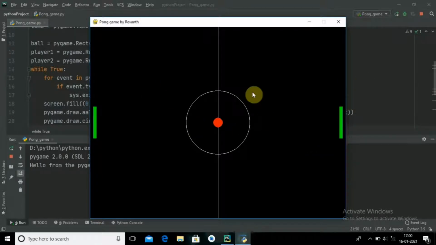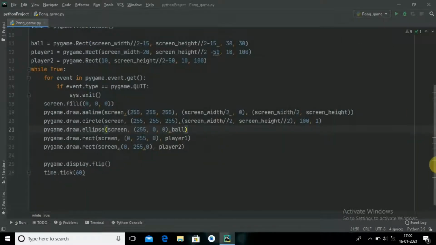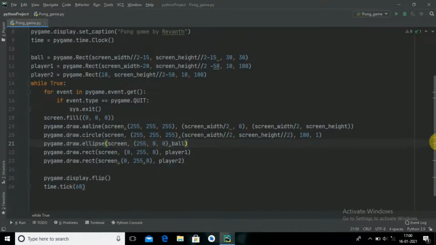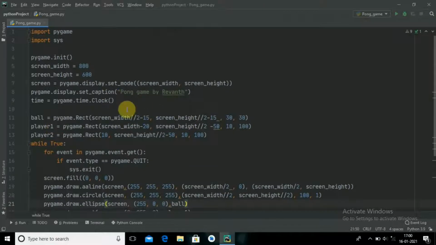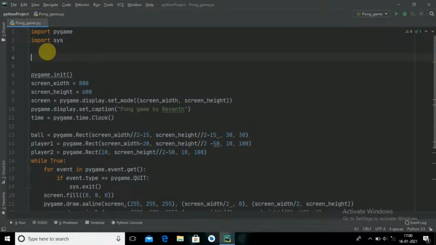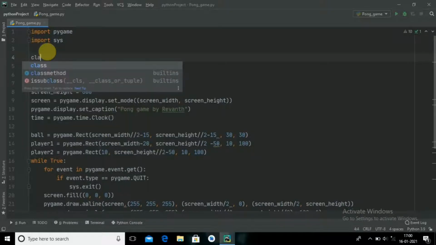is no action happening here. We have to create an action. So first thing, the ball should move. So for that I have to add certain equations. Before that, this code looks something crazy and clumsy, so let me create a class so that I can put